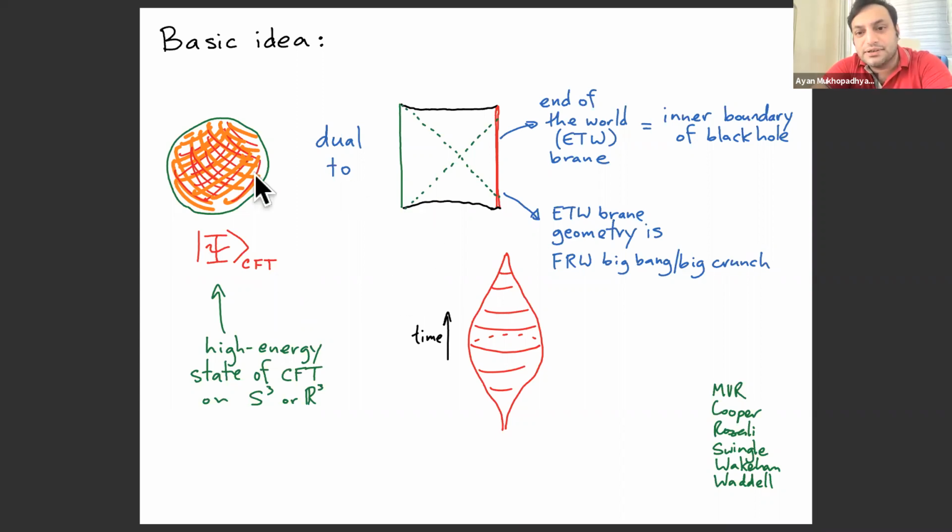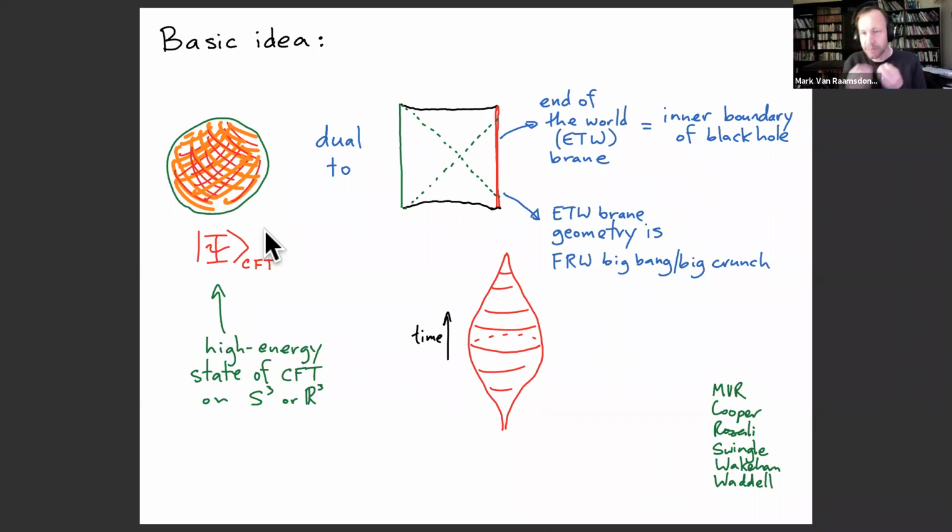Yeah, I mean, from the point of view of the CFT, actually many observables will just look thermal. But then certain things, certain entanglement entropies, for example, will have some time dependence. And there are some interesting phase transitions and so forth. So from many points of view, it looks kind of static and just thermal, but there's definitely time dependence that's important. And that's reflecting this behind the horizon physics.